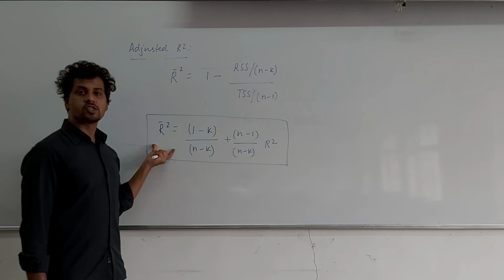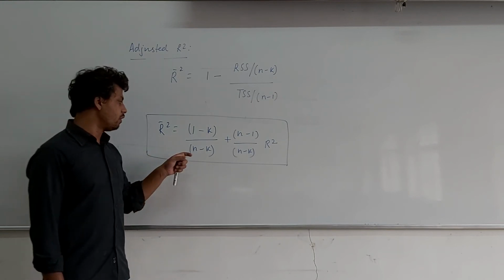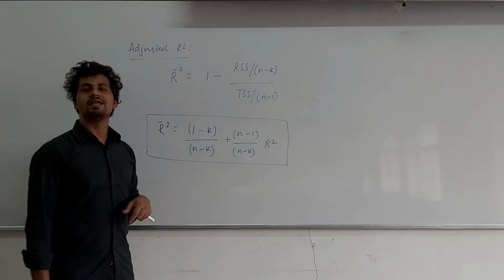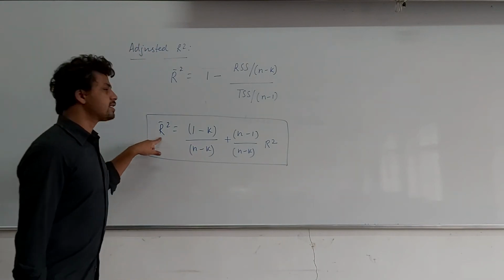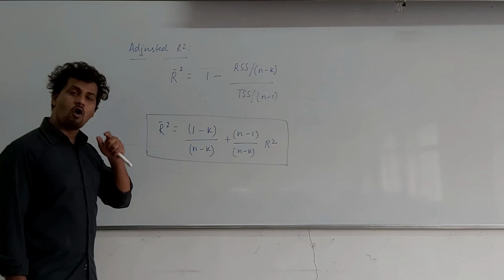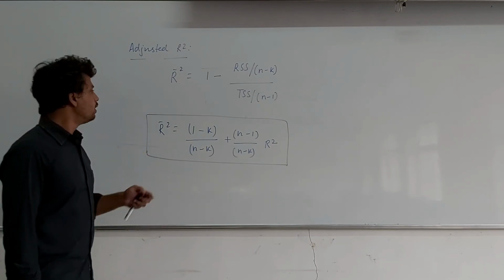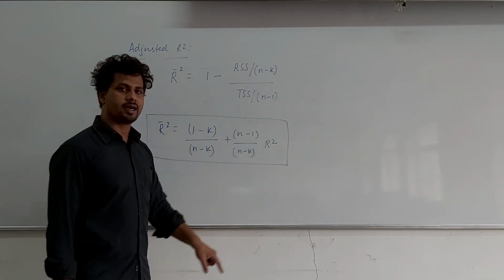But adjusted R square might fall if you keep on including irrelevant variables, because there can be a situation where your number of observations is less than the number of explanatory variables you have to estimate. So adjusted R square can also take a negative value depending on how many irrelevant variables you have kept on increasing in the model. So this is the relation between adjusted R square and unadjusted R square.